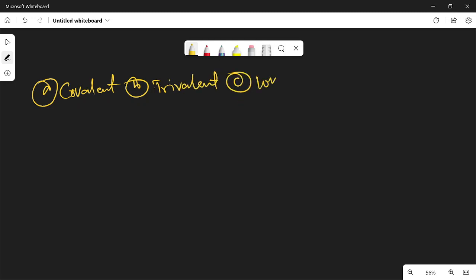The question states that the bond between silicon and germanium is: A, covalent; B, trivalent; C, ionic; and D, dative. So you can get the right answer there. Covalent, correct, because they are group 4 elements. Okay, so the second question states that